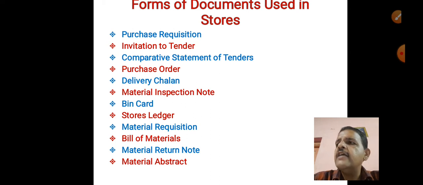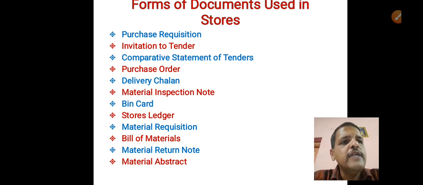How does it appear? In tender, there is indent number, date, tender number, date, then name of the particular person to whom we are sending invitation for tender, description, quantity, desired date, place of delivery, then some special instructions about packing, delivery, inspection, and then sign of purchase officer. All these things are there in invitation to tender.